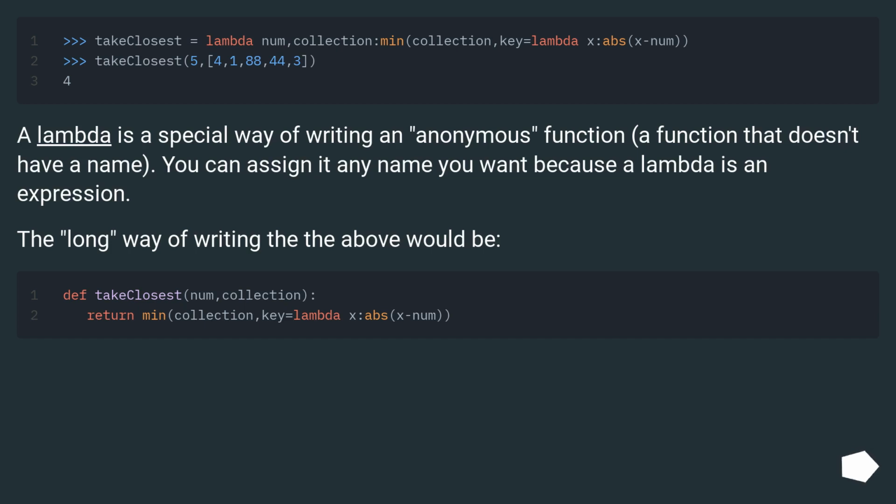A lambda is a special way of writing an anonymous function, a function that doesn't have a name. You can assign it any name you want because a lambda is an expression. The long way of writing the above would be